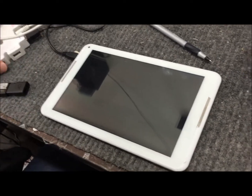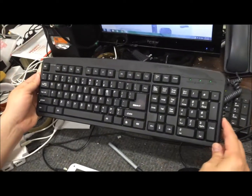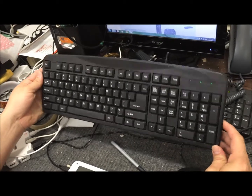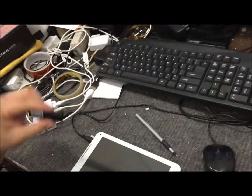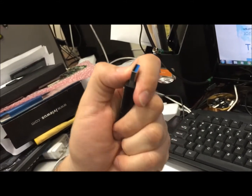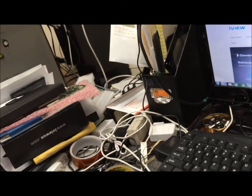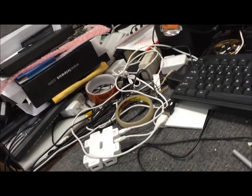First, you're going to need a USB hub. You're going to need a USB keyboard or a mouse, as well as a USB with the firmware on it. This USB drive has to be 3.0. You can actually find the firmware on our website. However, when you install the firmware,